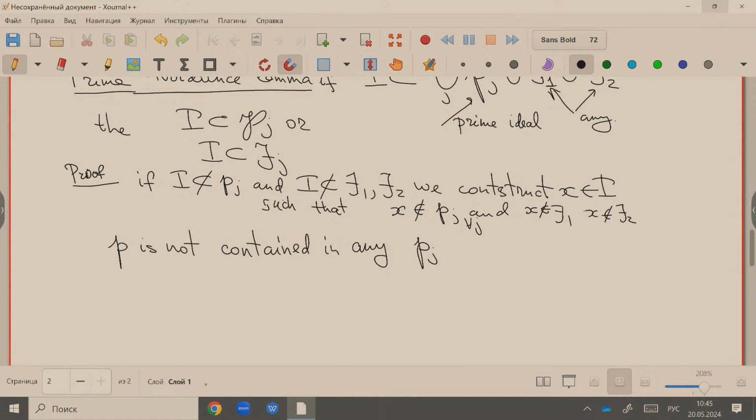But I is not in the union of these ideals means that you can find an element that is not inside any of them. So we need to show the existence of x. In the proof of prime avoidance, we have discussed this, but I want to recall